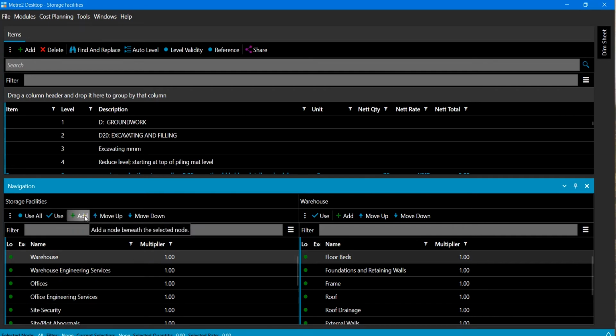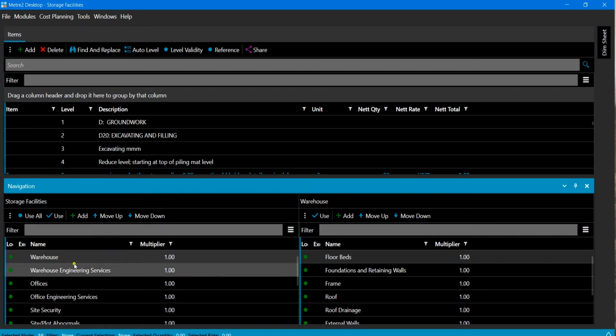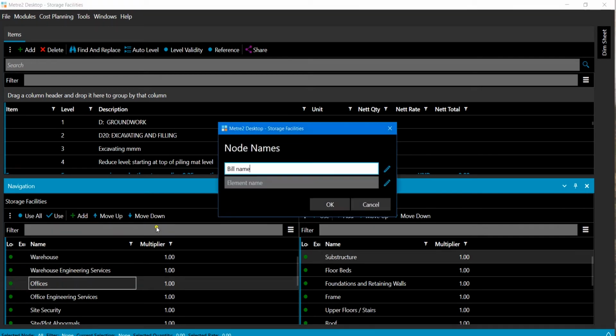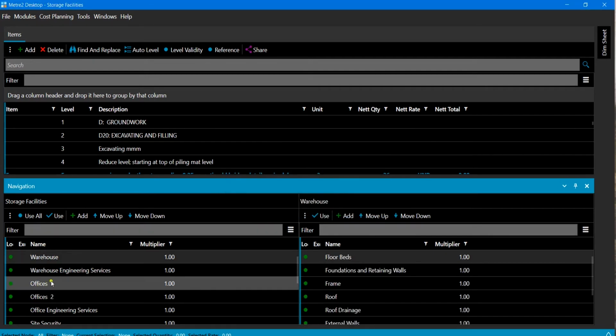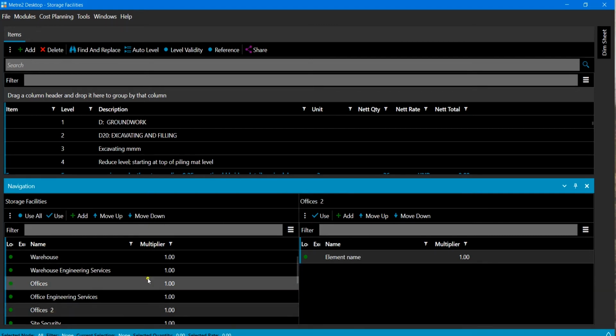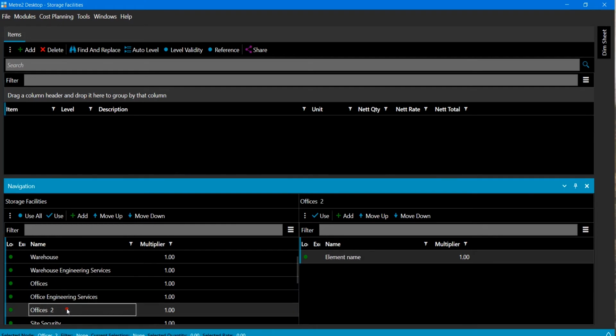We have the opportunity here to add nodes. So if I've got offices here and I want to add another node, I can give it a name, offices 2, and we can create that. And that is immediately below offices 1. And if we want to move that down below engineering services, we can. So we've got offices, engineering services, offices 2. So we're looking at that information and we're able to begin a whole new process here of importing or creating